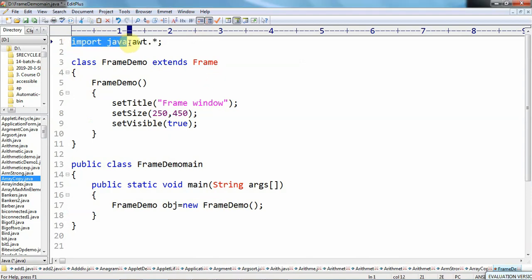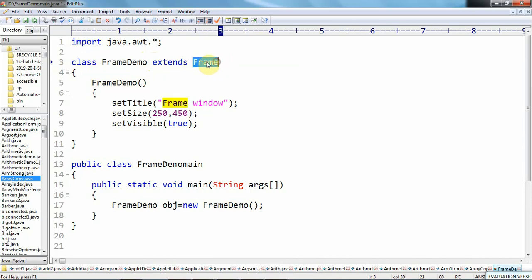First I import a package called awt, as import java.awt.*. Then I create a user-defined frame window with the name FrameDemo. Any user-defined frame window is created by extending the properties from the predefined Frame class.